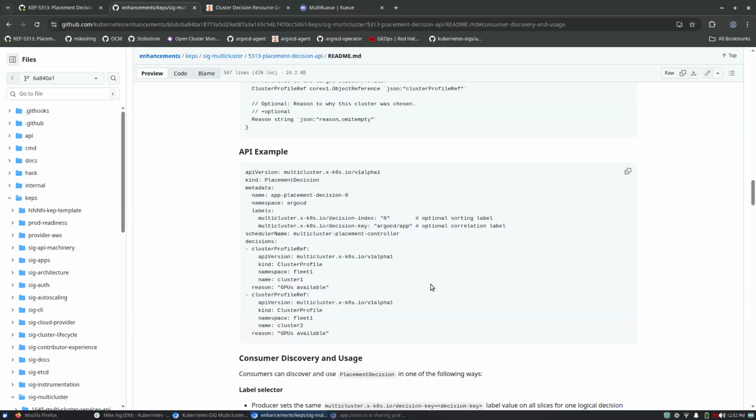So I think that is something to decide, if that is the intention of this KEP, if the goal is really to decouple those two things.